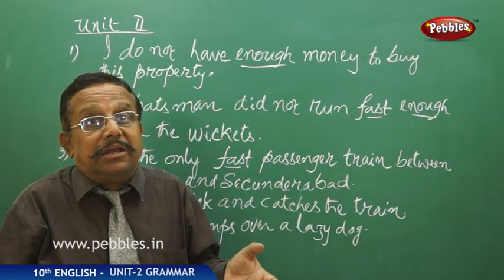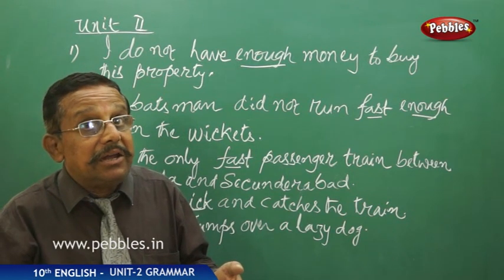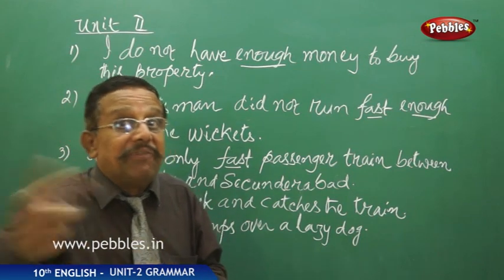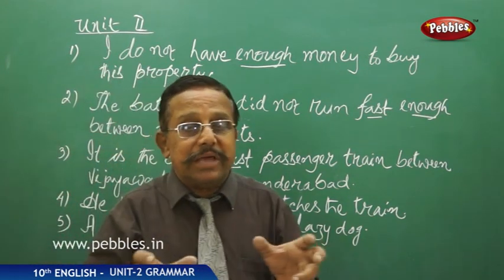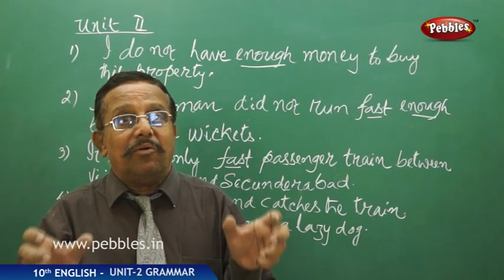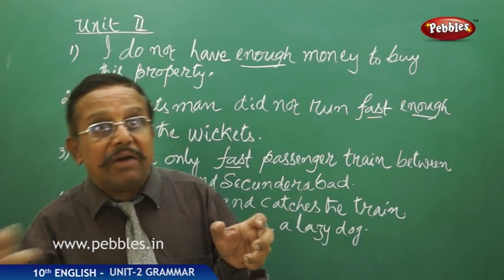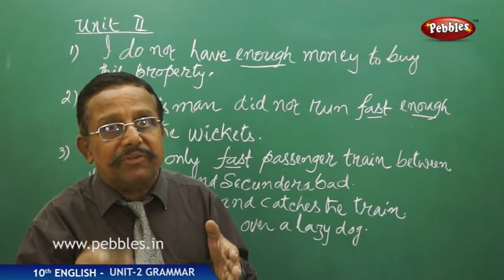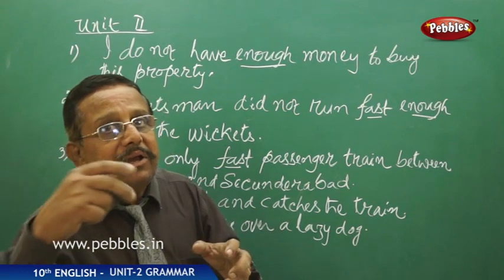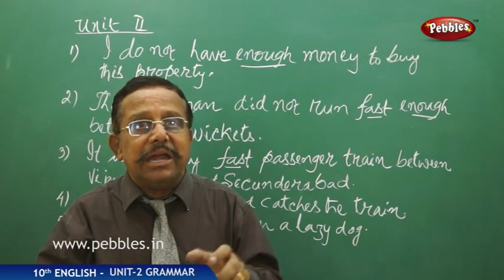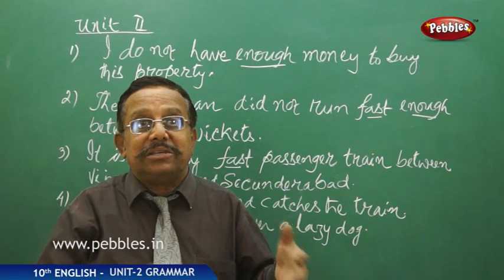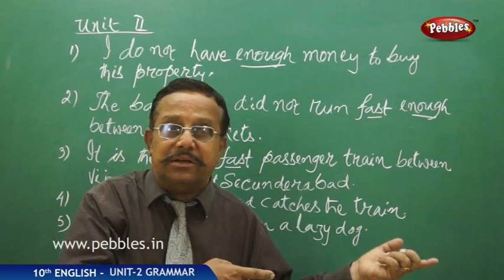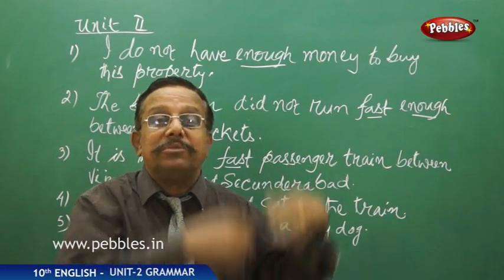That way we are using enough money when we are telling enough books. I did not eat enough. Right? I did not eat enough food. You see the differences there. I did not eat enough. Eat is being modified by the word enough, and so enough is an adverb. After that I am putting food. I did not eat enough food. So this enough is not talking anything about your eating. It is talking about the food, a noun, and so that enough becomes an adjective.